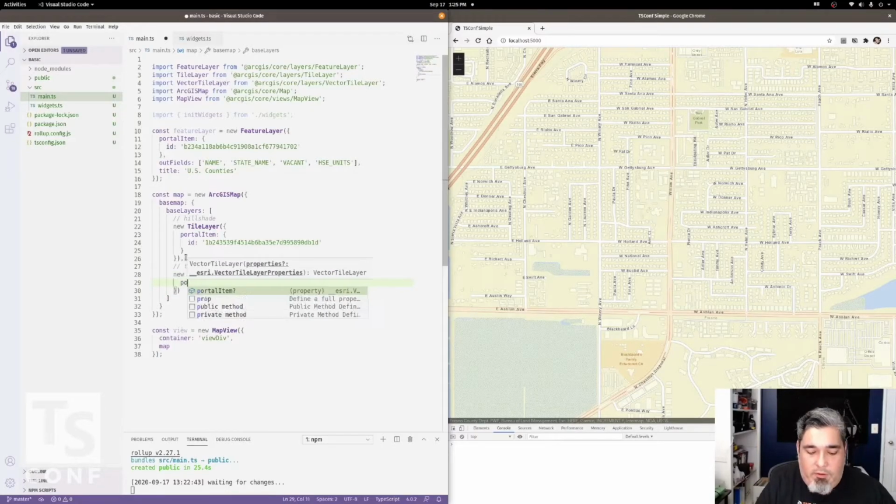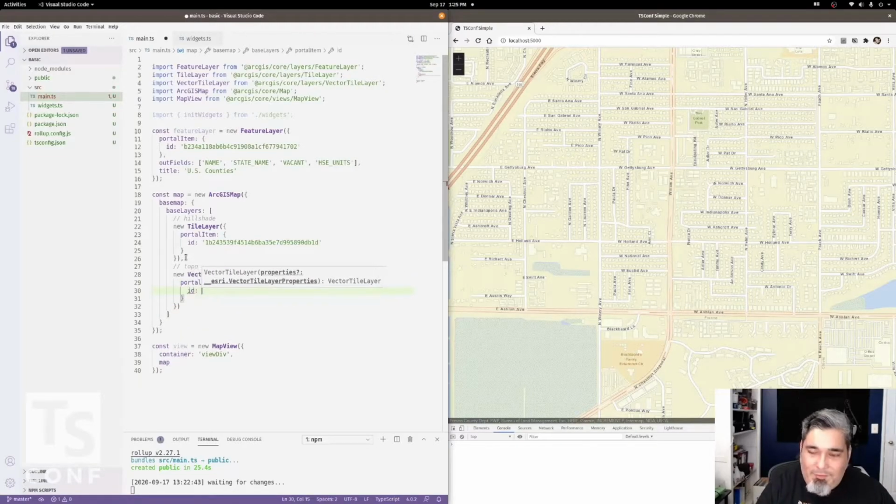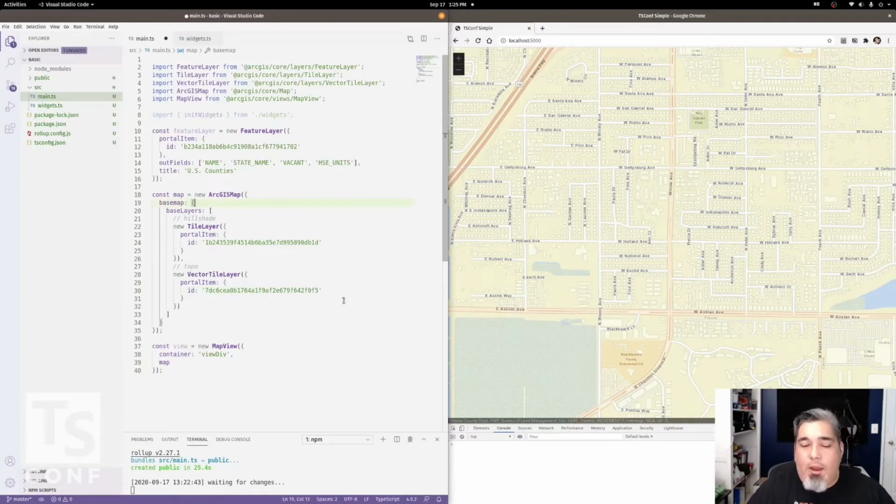So again, it's a portal item. I have the item ID for this. I was going to put a string there. Not what I want. I want an ID. There we go. Okay, so now if I save this,